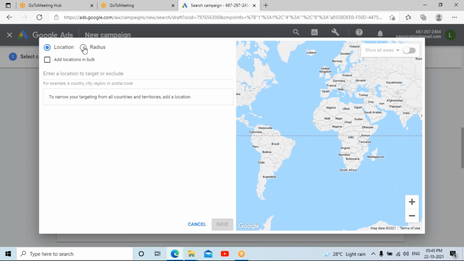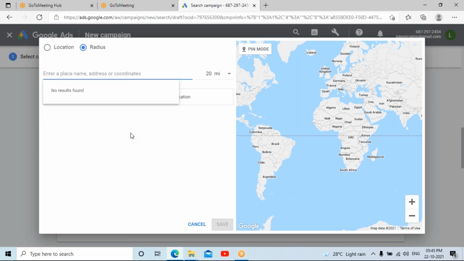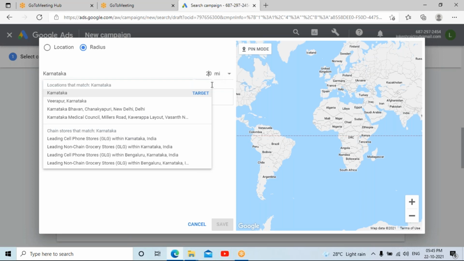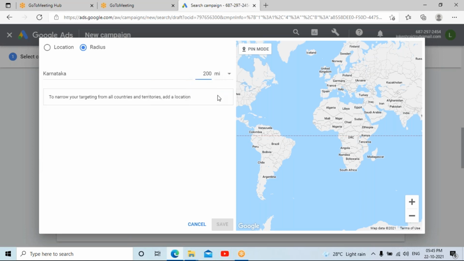So let me select it radius wise. I want to target the people all over Karnataka and around Karnataka, 200 kilometers.